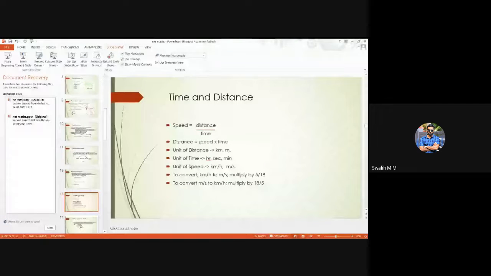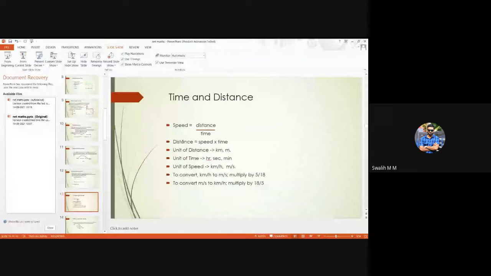Next topic is time and distance. Now, this is something you would have all studied in physics in 7th, 8th, and 9th, but you might have forgotten. These kinds of questions are always there, and you need to learn some things in this area, like speed. What is speed? Speed is distance divided by time. Time would be distance by speed, and distance would be speed into time.